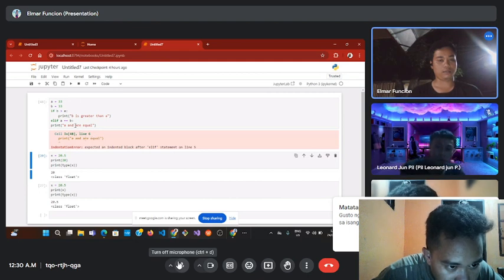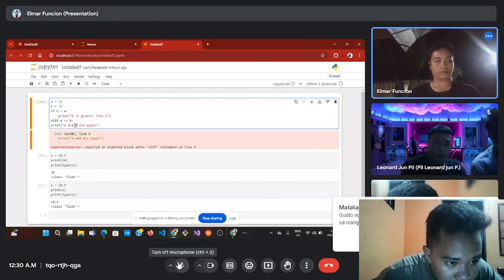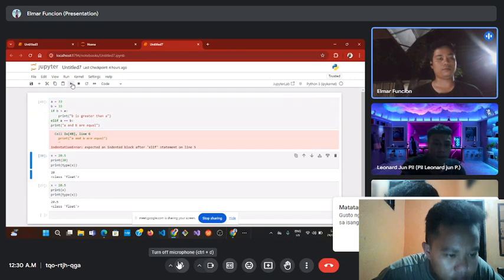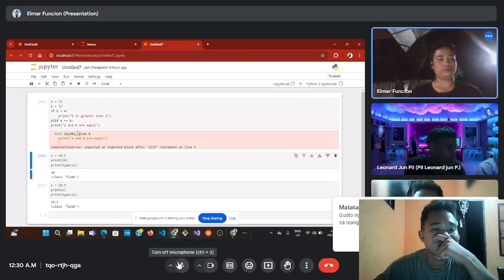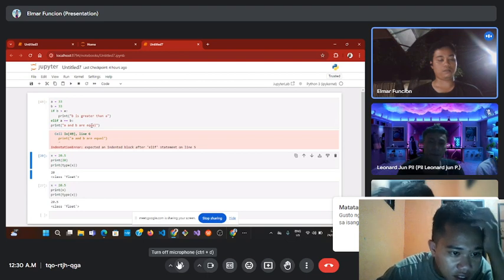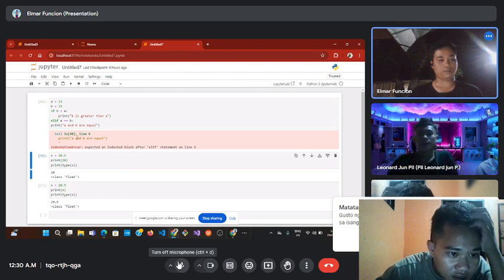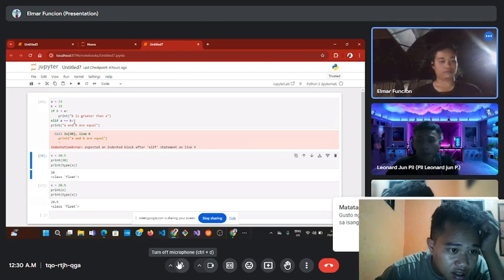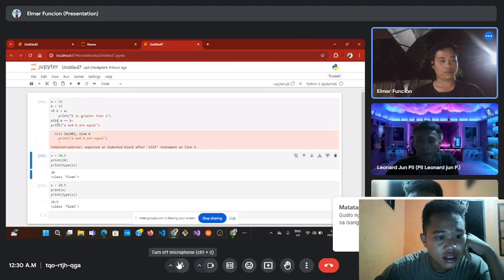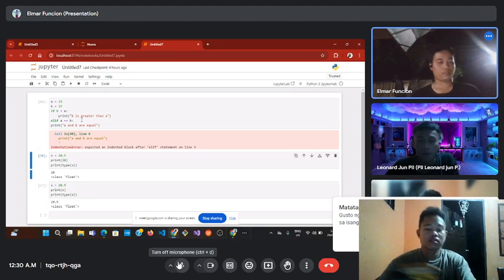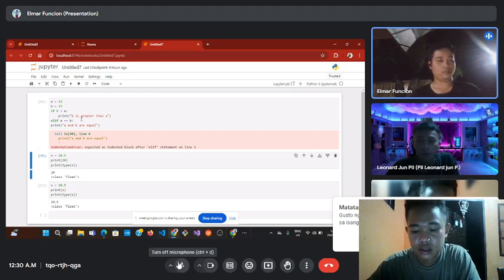It says expected elif statement. Elif b is greater than a, print.